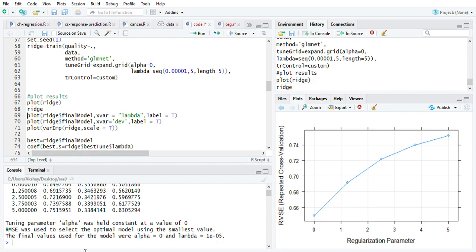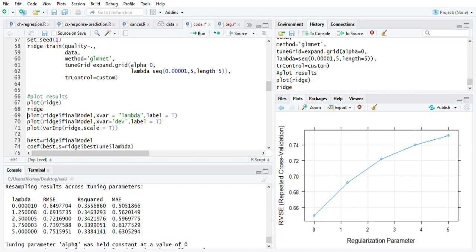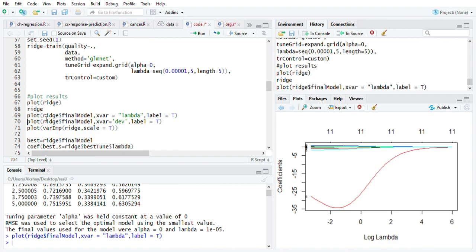This is the ridge regression. For each lambda value, it is showing the mean square error and the R squared. Each color represents one attribute, one coefficient. As the lambda value increases, all the coefficients go to 0.